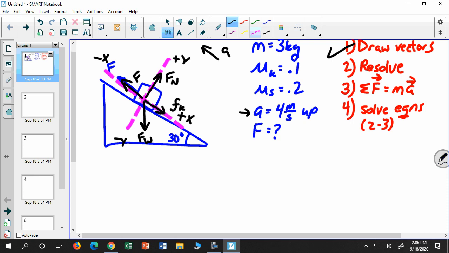If this angle right here is 30 degrees, that means I need to know what this angle is. Notice that I have a little triangle here. And so if I have 30 degrees here, that means I'm going to have 60 degrees here. It's a 30, 60, 90 triangle. I'm going to redraw this, and when I redraw it, I'm going to